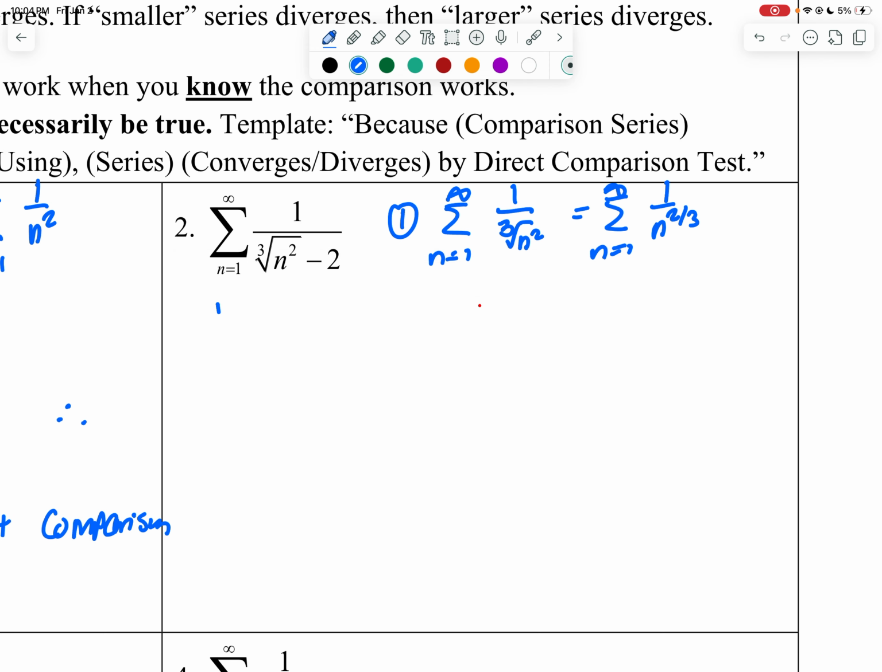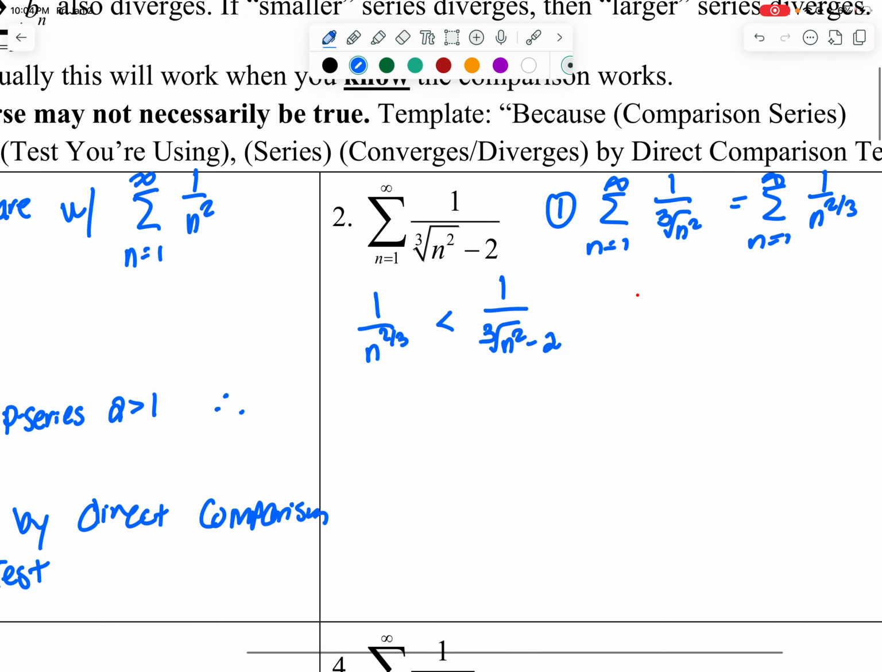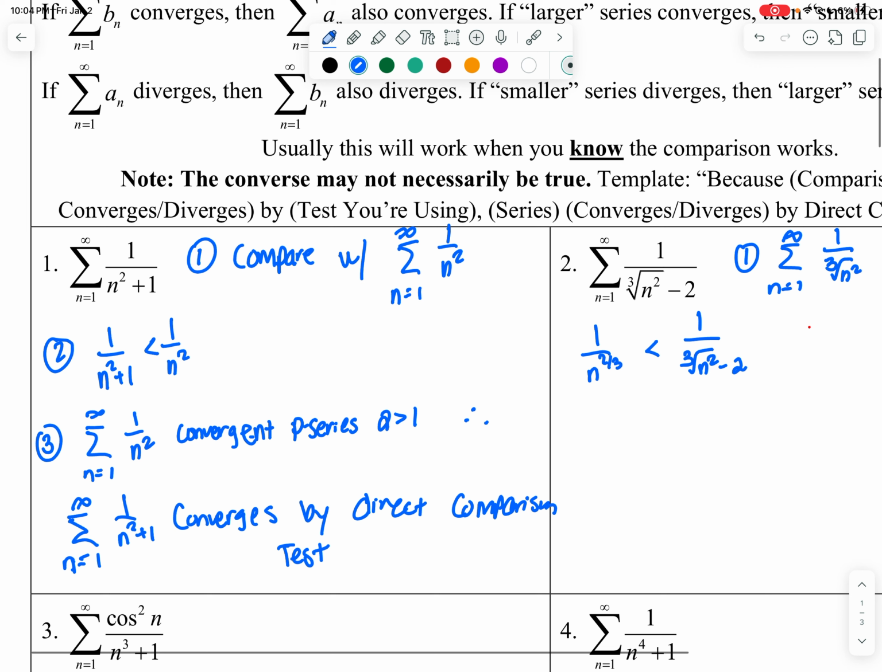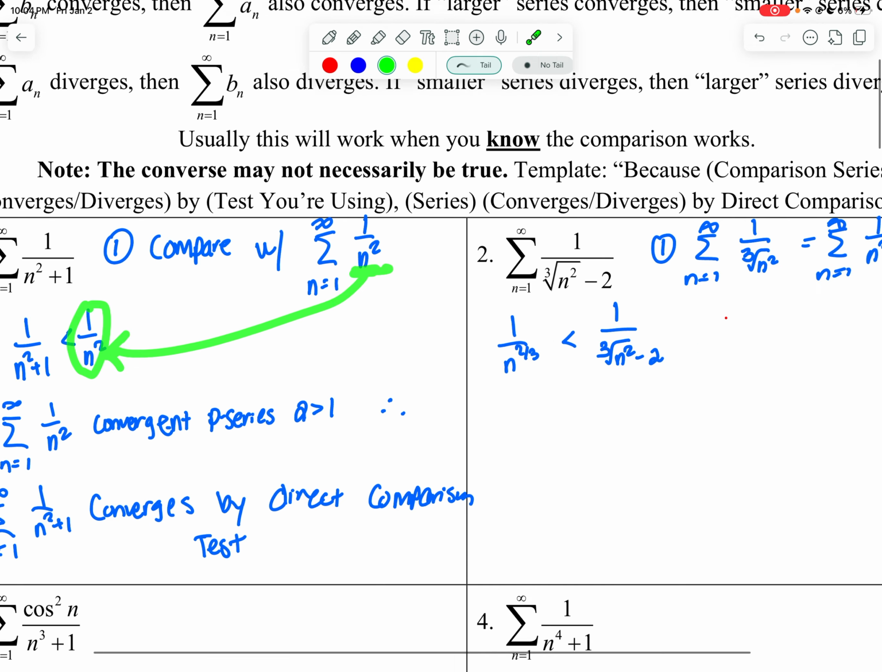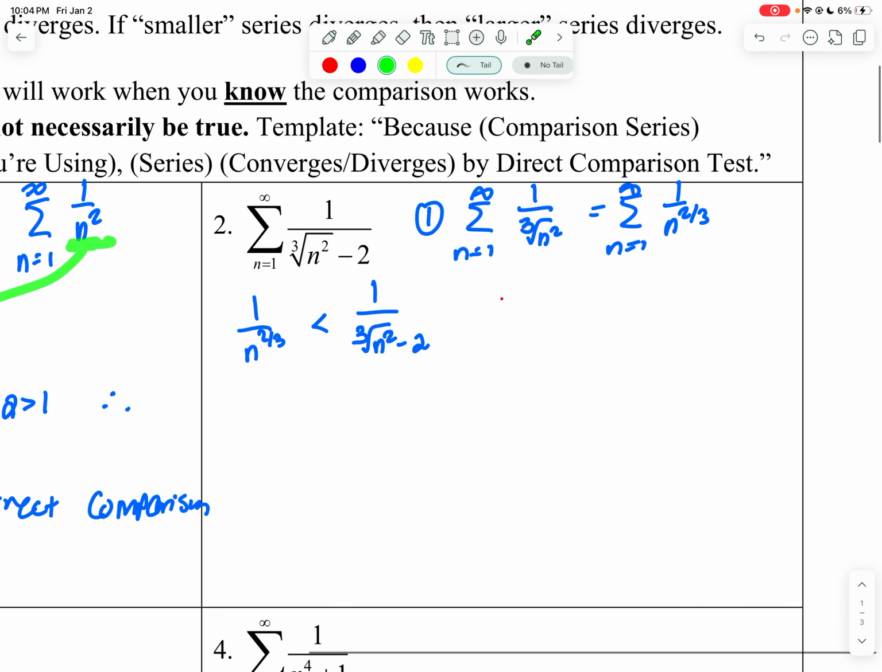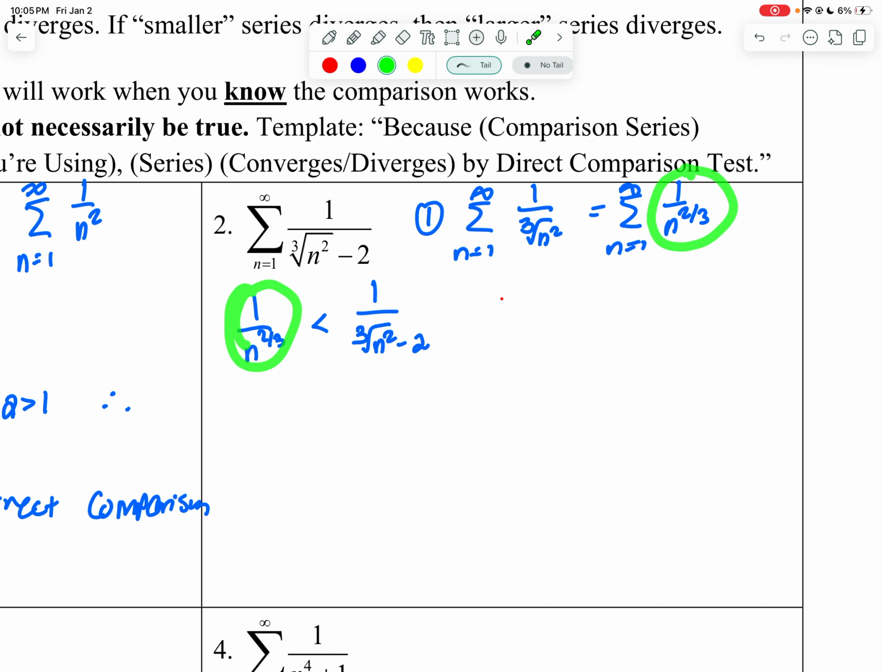So then we have 1 over n to the 2/3, and then the cube root of n squared minus 2. Now, notice how for number 1, my comparison was on the right side because this converged, right? Now, notice how here, for number 2, because we're comparing with 1 over n cubed, this should make sense because